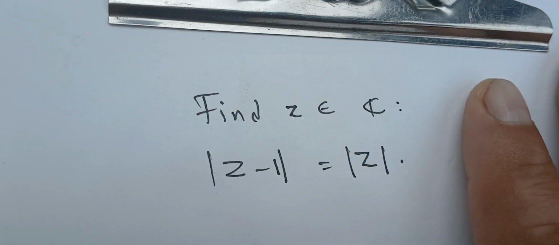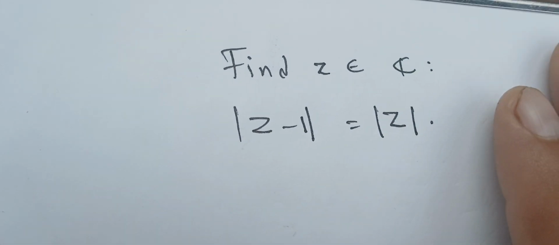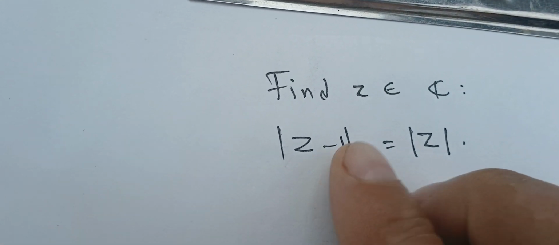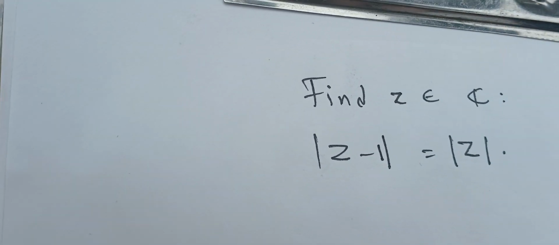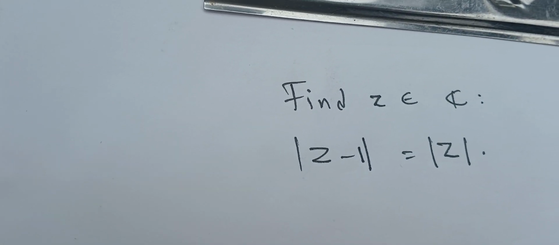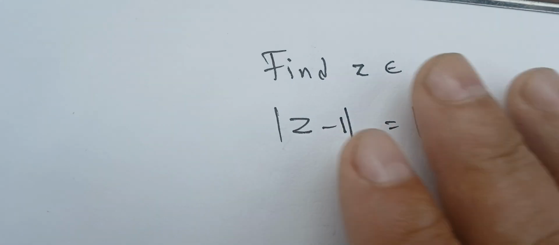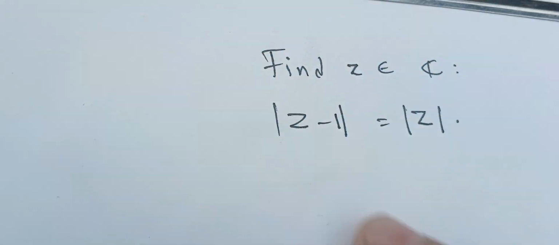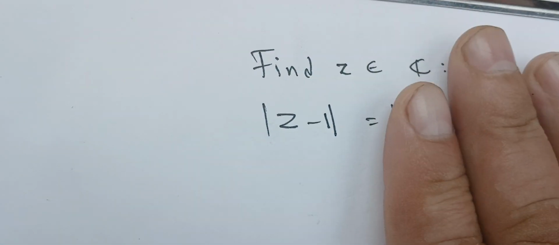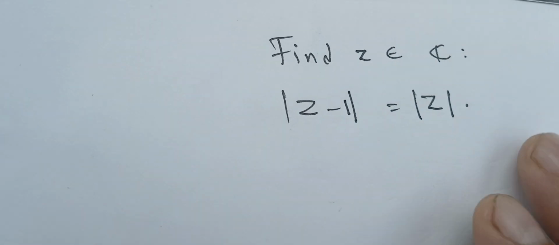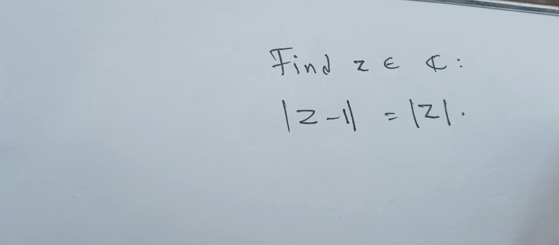Okay, now let's solve this following question that deals with complex numbers. We want to find a z in C such that the norm of z minus 1 is the norm of z. Okay, one way of solving this one is using algebra. We can use some geometry and find this one quickly, but we want to use algebra and using the definition of the norm and the conjugate, we're gonna see how to find those z's in C that would satisfy this